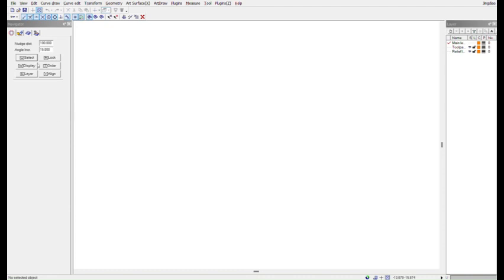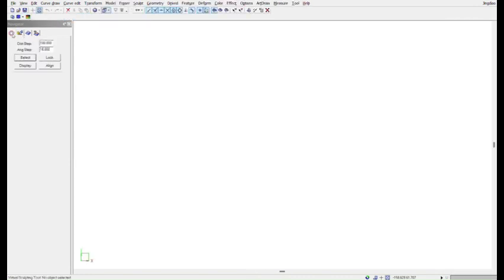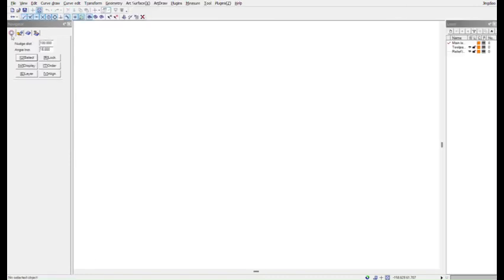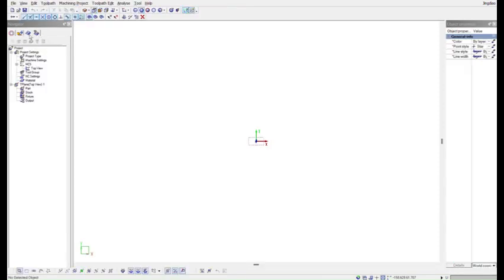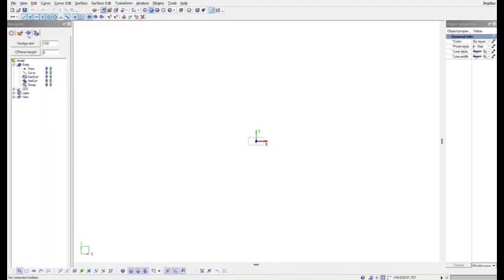Here you can see there are 4 tabs that we can use one by one. The first one is to open the 2D model, the second one is relief, the third one is surface, and the final one is the toolpath. Okay, so first we are using surface. You have to select surface, and then